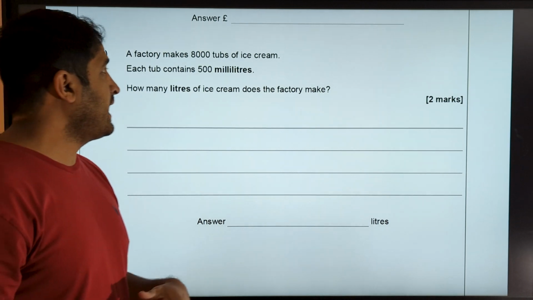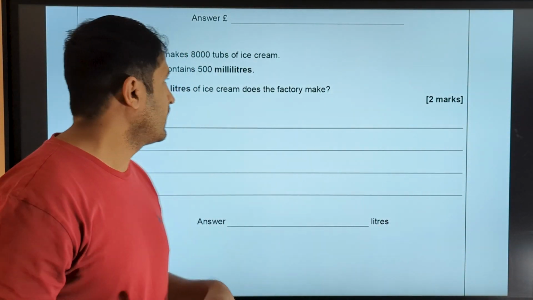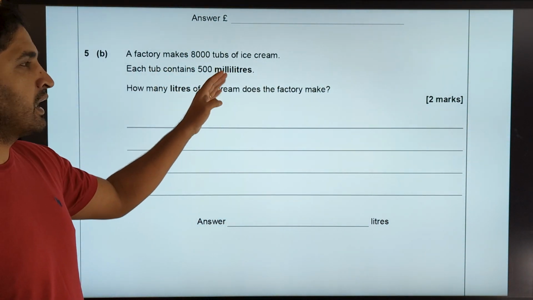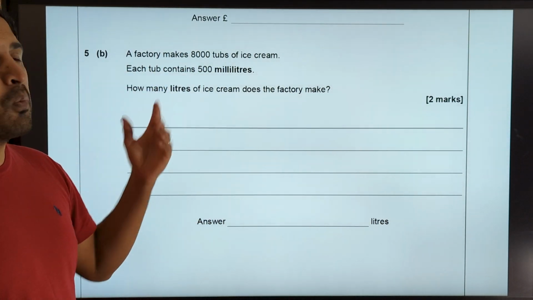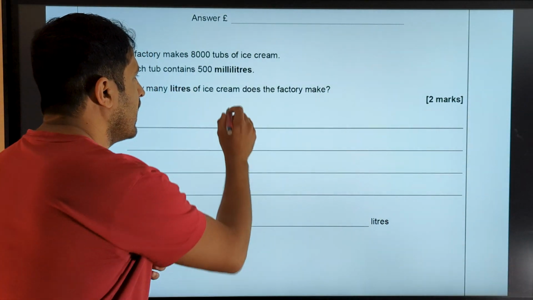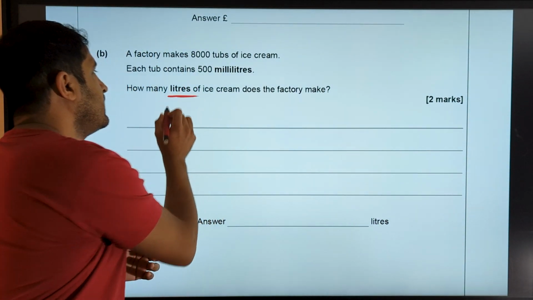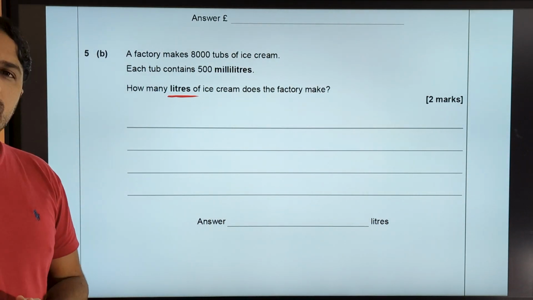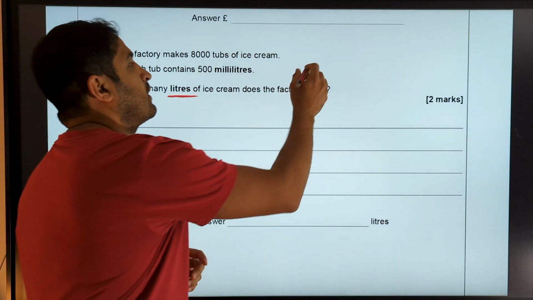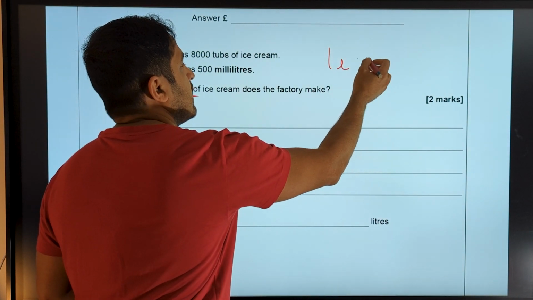A factory makes 8,000 tubs of ice cream. Each tub contains 500 milliliters. Okay. So one of the things you need to do is know how many milliliters there are in 1 liter, because you want to work out how many liters of ice cream that factory produces. So what's the first thing we're going to write down? 1 liter is equal to